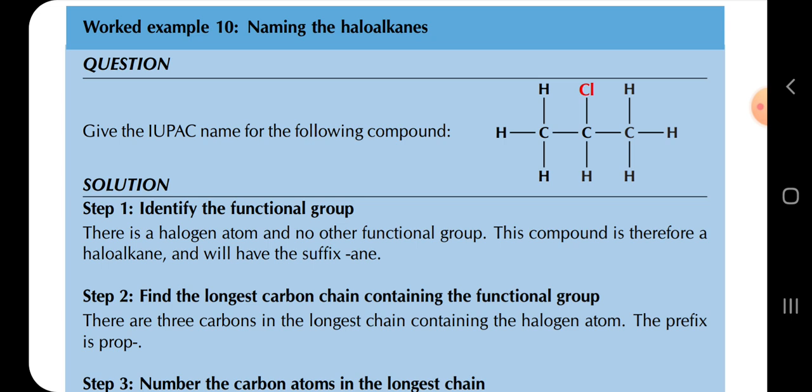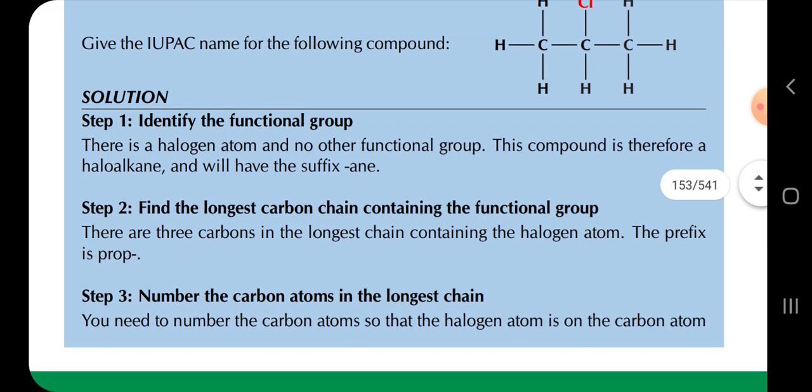This compound is therefore a haloalkane, and will have the suffix of -ane. Because of that Cl, when a C is bonded with Cl, that is a haloalkane. Just know that. So we're going to find the longest carbon chain containing the functional group. There are 3 carbons in the longest chain containing the halogen atom. The prefix is prop. So for 3 atoms, we have prop as the